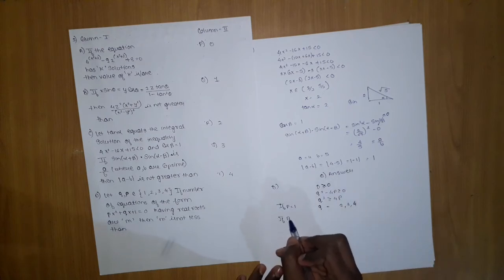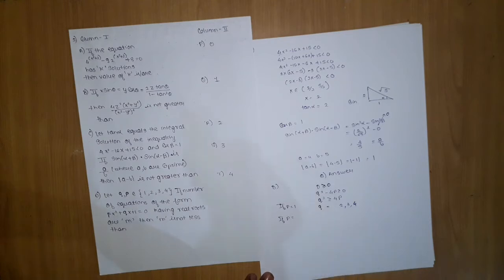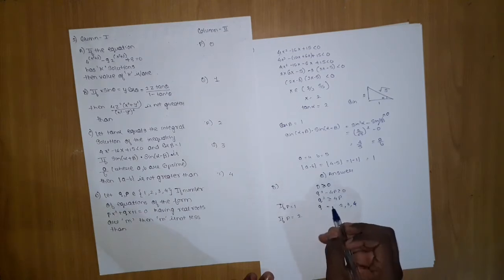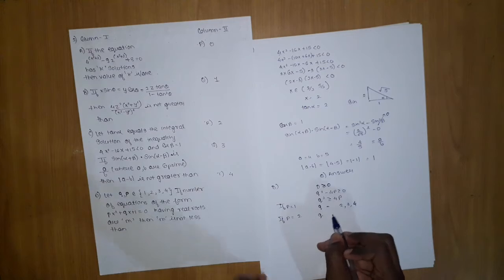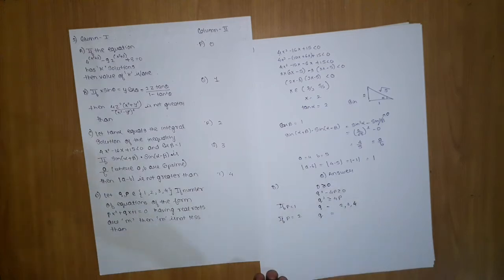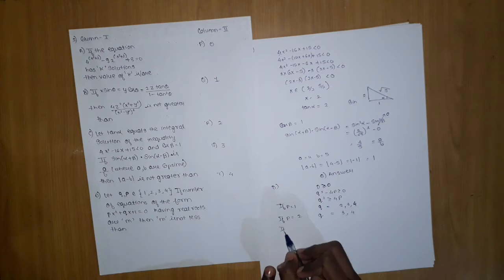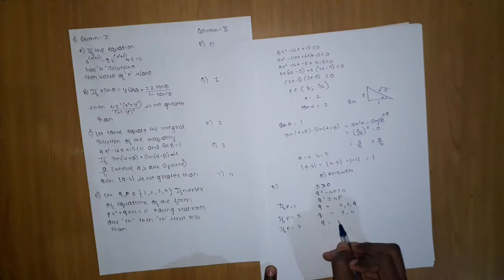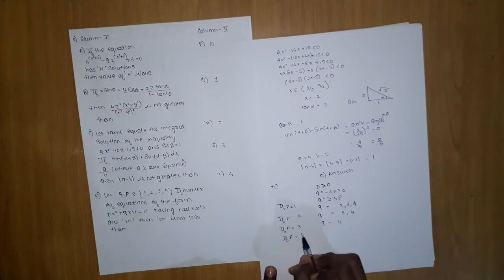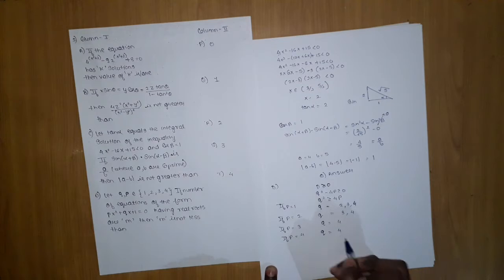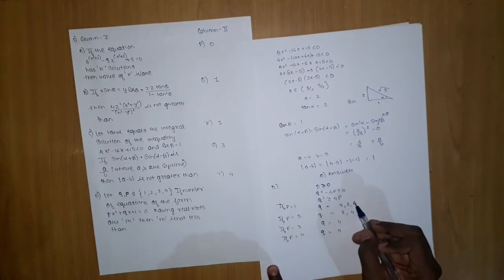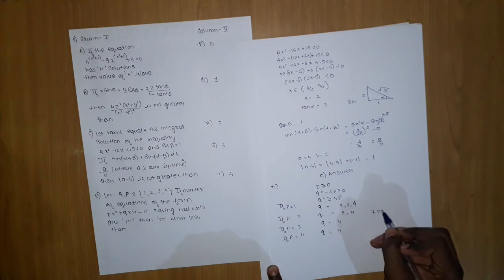Now if p is equal to 2, then it will become 8. So what q value can we take? We can take 3 and 4. If p is equal to 3, then it will become 12, so we can take q equal to 4 only, and if p is equal to 4, which will be 16, we can take only one value, 4. So how many q values are possible? 1 2 3 4 5 6 7 values, so 7 equations are possible, so its value is 7.